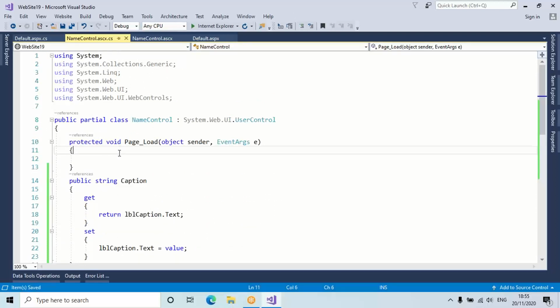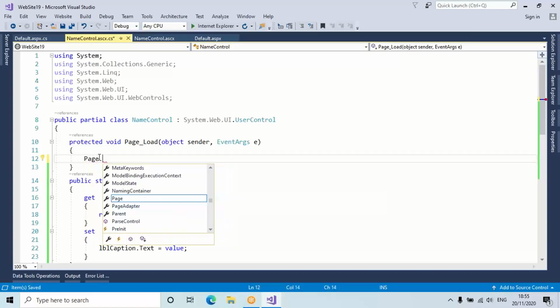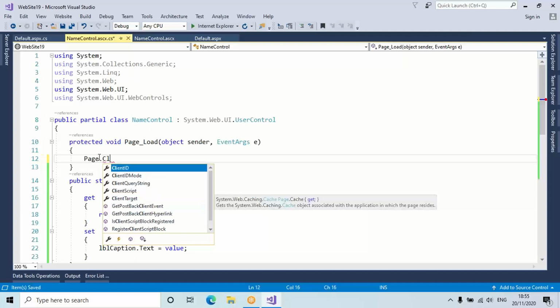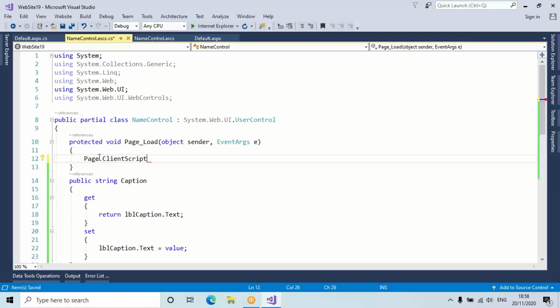Page load, and we know now page load will be executed only once. Dot client script, dot